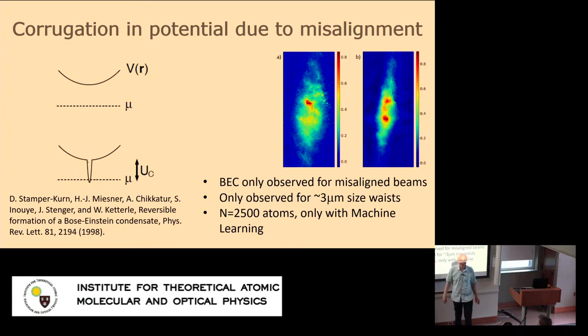Are you surprised that no one did this before? I could construct a trap like that easily on purpose. In the end, what we also did is, instead of using misaligned tweezers, we made 2 well-aligned tweezer traps and brought them together. We saw the same effect. But it only works in a sweet range of potentials. He always claims it's laser cooling to BEC, but probably it's different. No, I think it's different. In Florian's work, the main idea is that you have a dimple like that, but you mainly use it to tune your narrow line cooling out of resonance, so that the atoms in the dimple don't see the cooling laser, and it cools only outside.